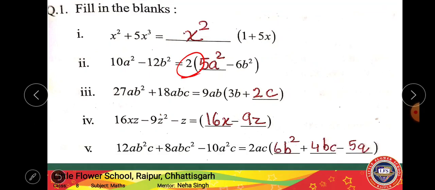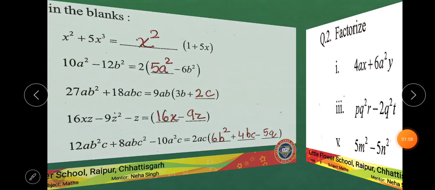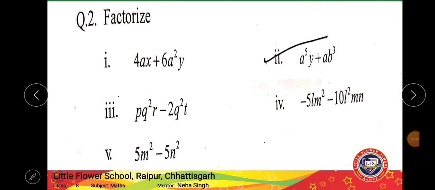See here 2 has been taken common, so a square is here, right? A square will be here because a square has not been taken common, because here it is a, here it is b. When I take common 2 from 10, what is left? 5, so 5a square, right? Similarly taking common, we'll write down the fill in the blanks. Right? Moving to the solution,